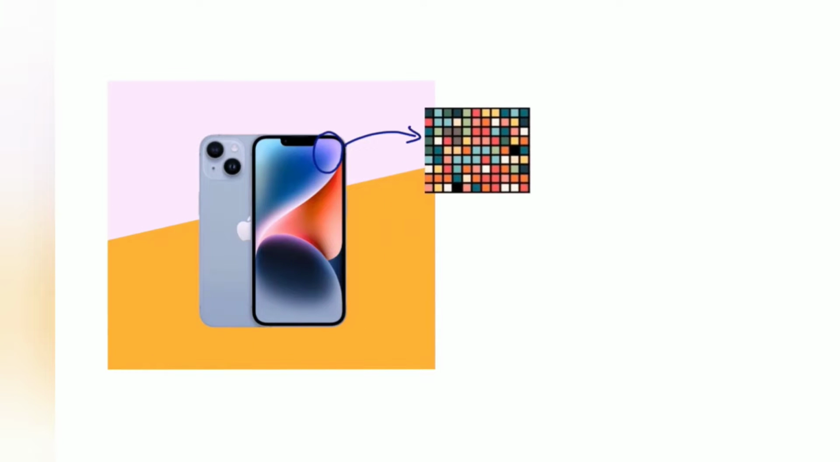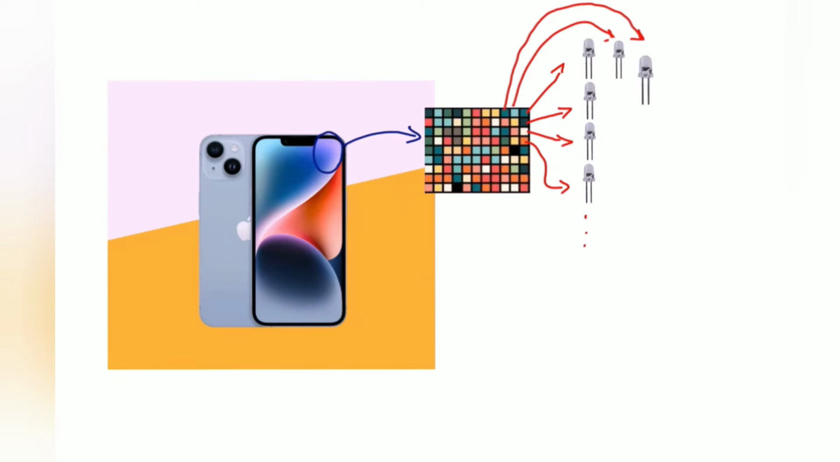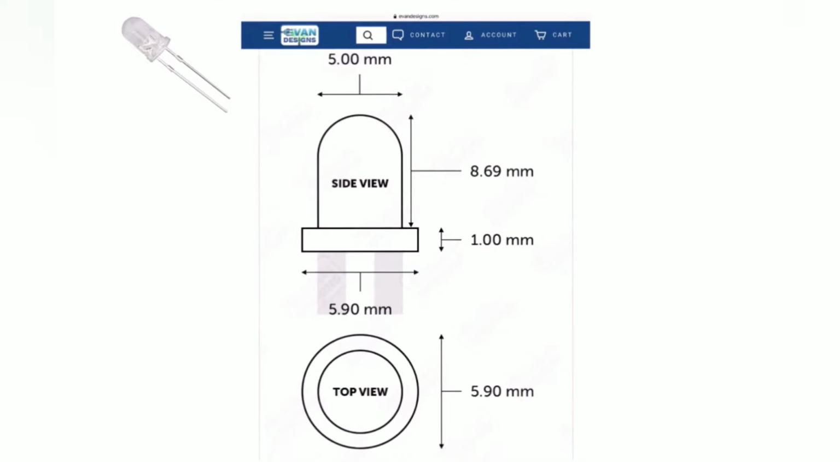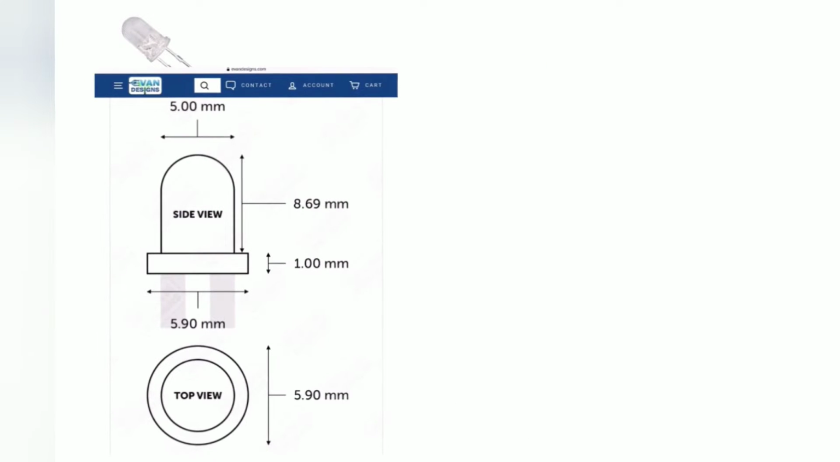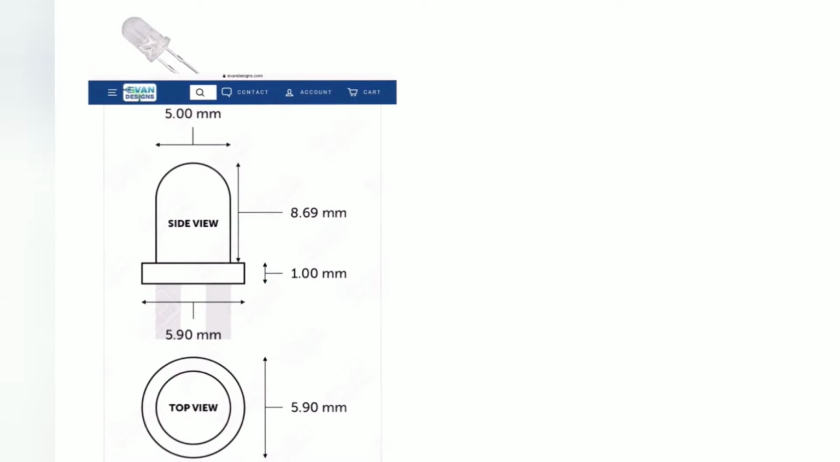Here we have unnecessary calculations. What if we replace each pixel of a phone with LED diodes? The most common type of LED is 5mm LEDs. The top lens-shaped part has a diameter of 5mm, and the bottom section of it has a cylindrical shape with